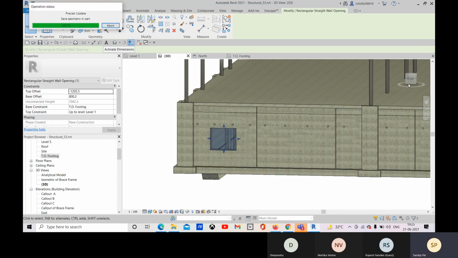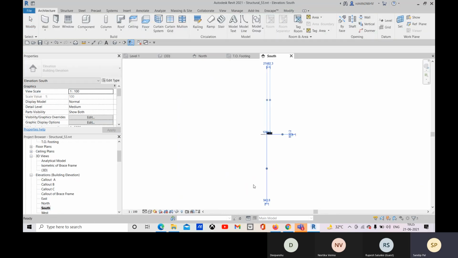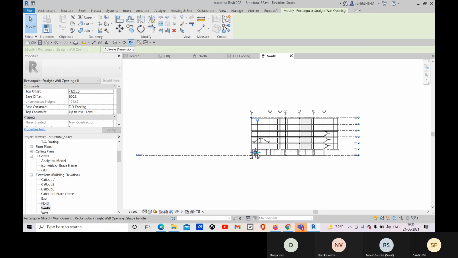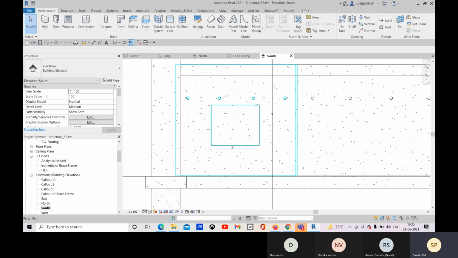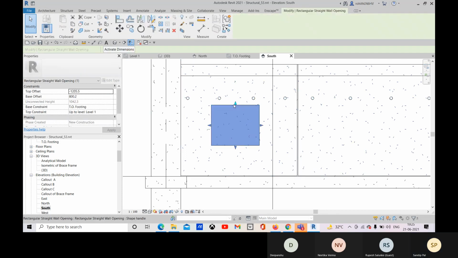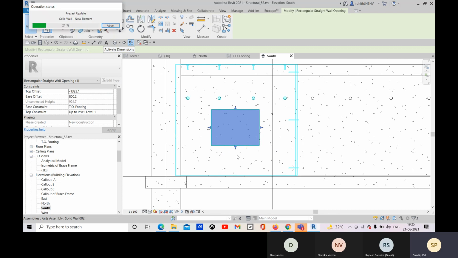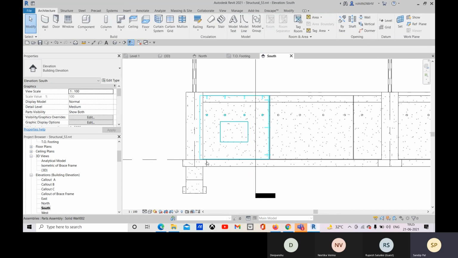Okay, so you can go to the elevation and from there you can adjust the height. So this is the south elevation. Go to the south elevation there, and there you have this. Press Tab to select this one, and then you can adjust the height from here. So it will be with proper dimensions and all. And after that, we can provide